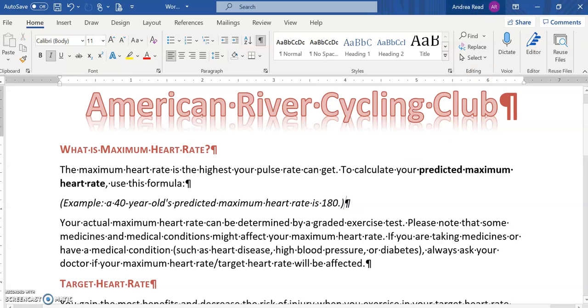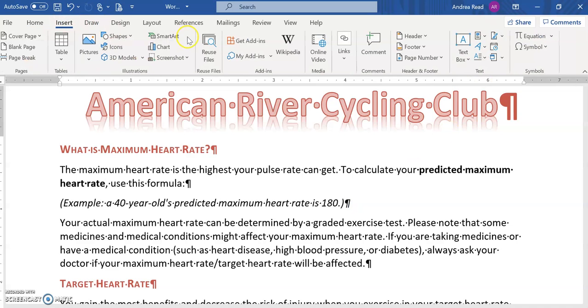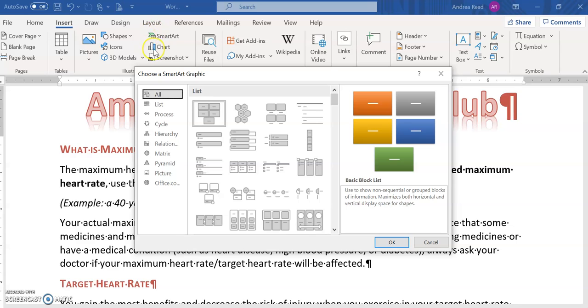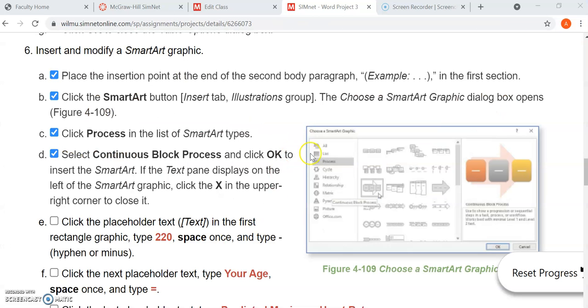So they want us positioned there, and we're just going to go directly to Insert, and you click on the word SmartArt, and then it's going to tell you what category, and then once you're in the category, it's going to tell you what option to select. So let's take a look at that. And again, they give you a preview. You're going to click on Process, and then you're going to click on this option here,